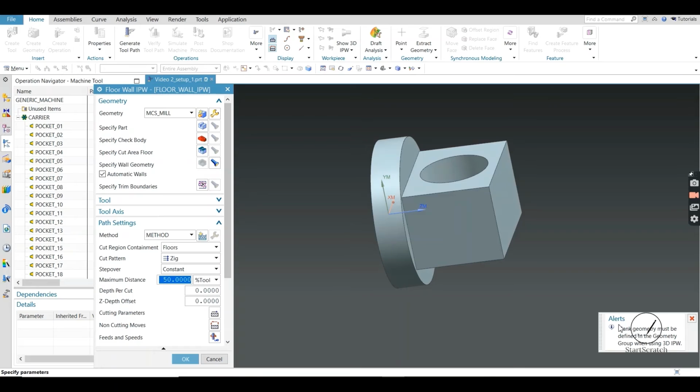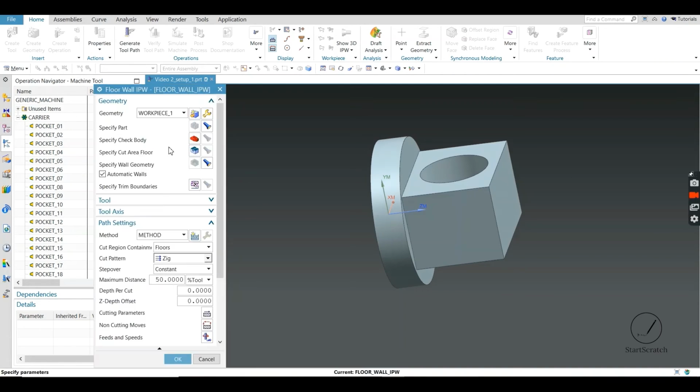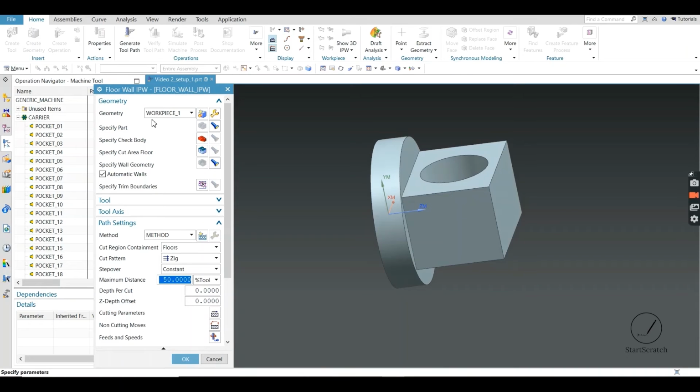See, there is an alert which indicates that we need to specify the geometry. So this is an advantage of using the 3D IPW. Selecting the same geometry where we had specified, there are options, but in workpiece the blank was not specified. In workpiece 1 the blank was specified.